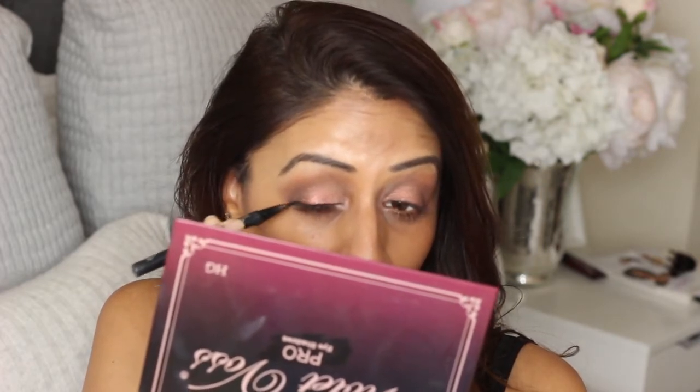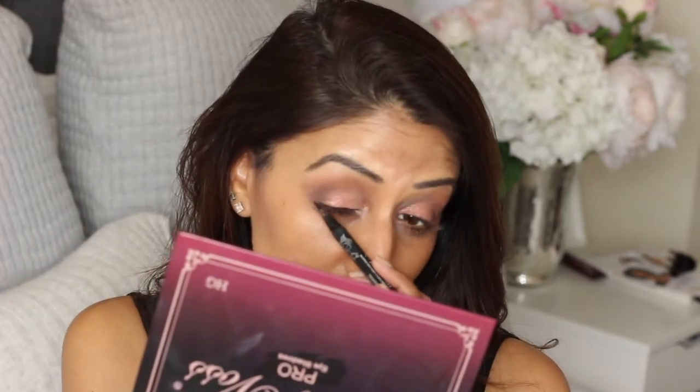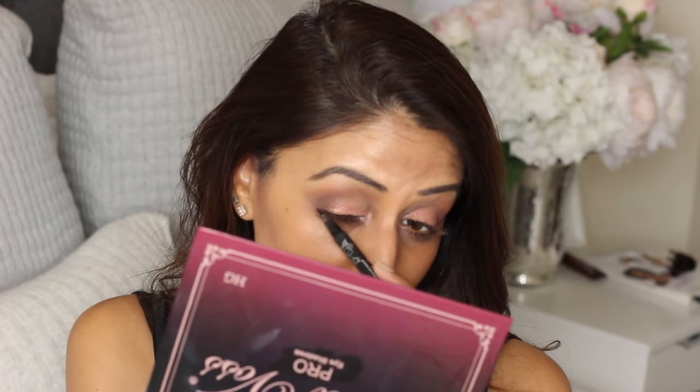And defines the eye, but I'm kind of not lining, if that makes sense. And you've seen me do this in videos before because that's kind of my thing. I don't like going too heavy with eyeliner. So it looks like we are doing eyeliner today, so as this one went wrong,